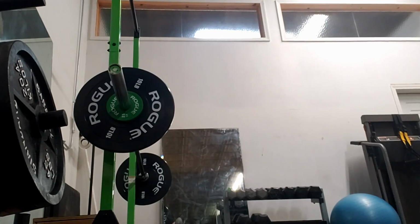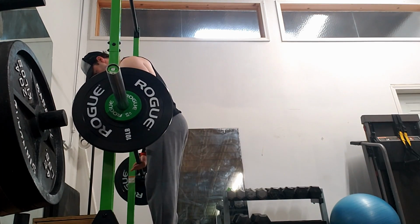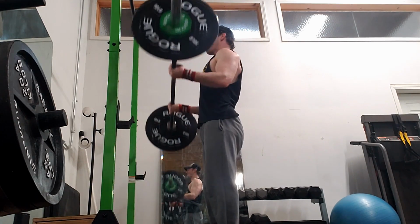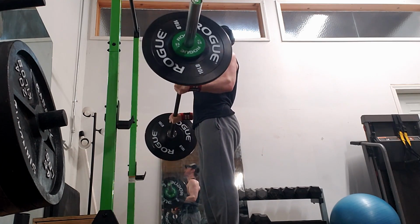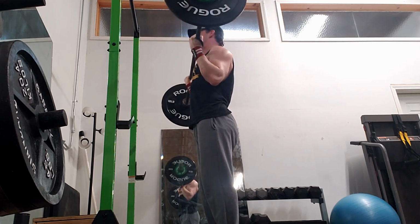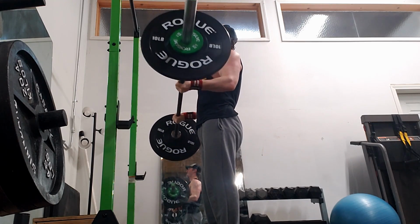Okay, so this is a very long video. I'm going to just kind of talk through it. So this is me doing a drop set, and this is one that I borrowed from athletenext.com. It's like the 7s workout where you do the upper part of the contraction, the lower part of the contraction, and then you do the whole thing. And what you do is that after you get to the top part and you fail,